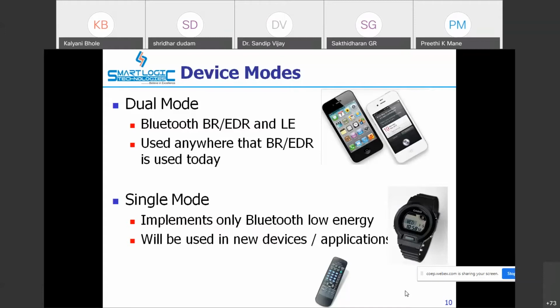For example, if I'm using a smartwatch or a heart rate monitor, it works in a single mode. That means it only broadcasts the data. It will not receive any commands from the client. That also reduces the power. So nowadays mostly the wearable devices use single mode operation.